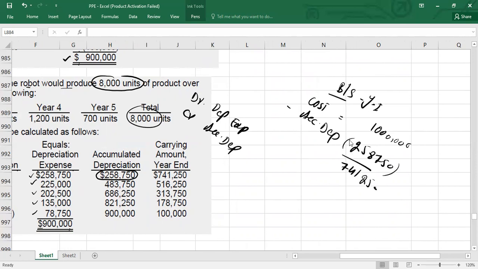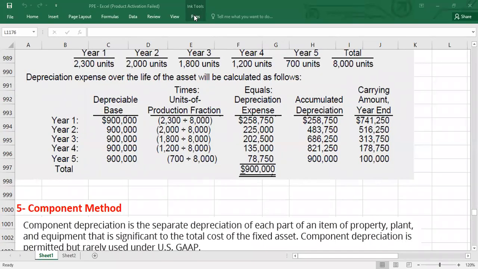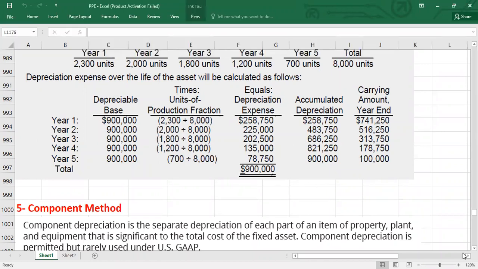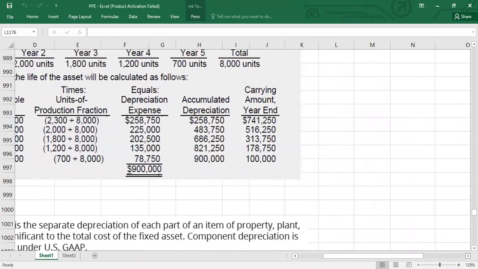In the second year, if I'm doing the working for year two carrying value, I will put the cost the same, but my cumulative depreciation will change now, because we have to take the depreciation for 2 years. Year one depreciation is 258,750. So in year two, what will we do, guys? We will take the cost of the asset, which was 1 million. This is the year two working.